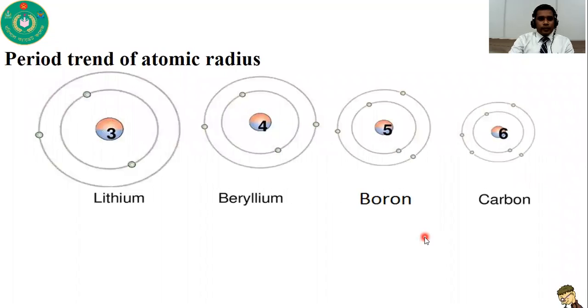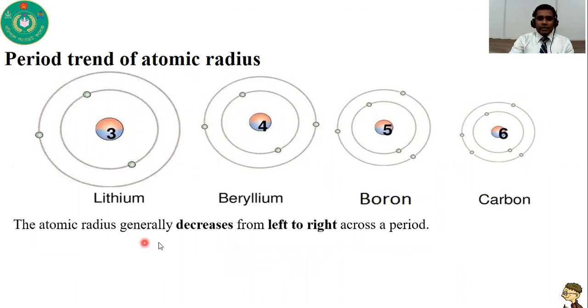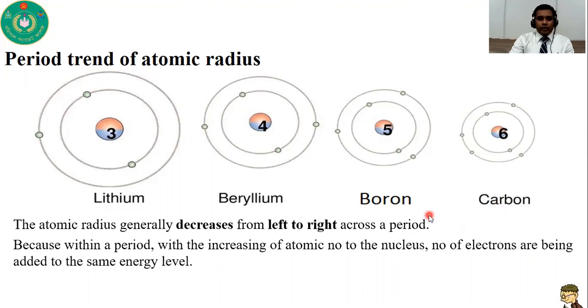So now, periodic trend of atomic radius. Here I set an example: lithium, beryllium, boron, carbon. All these four elements are present in a period. By seeing this picture, you can see that if we go left to right in a periodic table, the atomic radius decreases. The atomic radius generally decreases from left to right in a period, because within a period, with increasing atomic number,